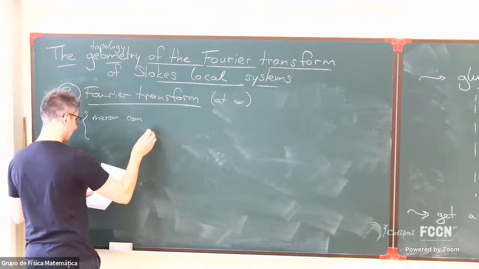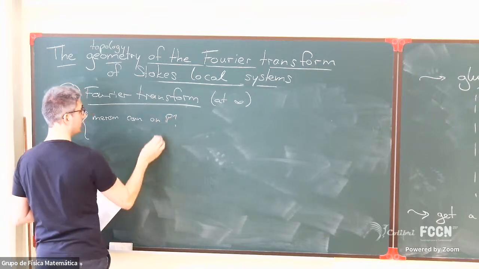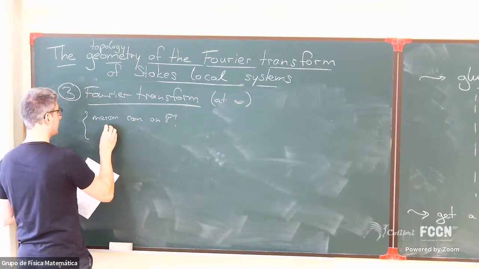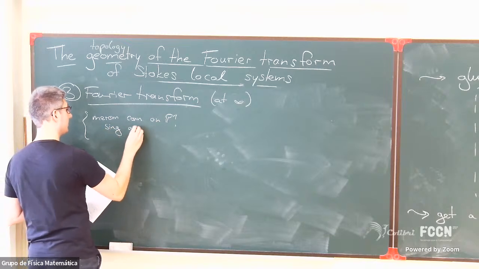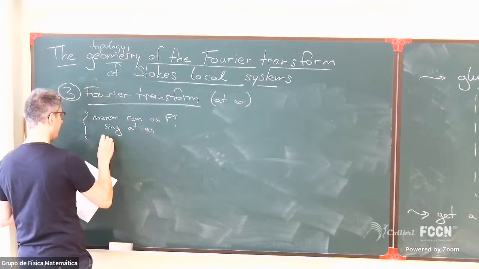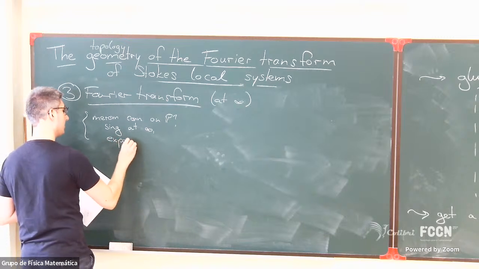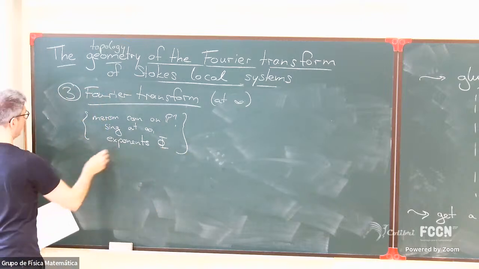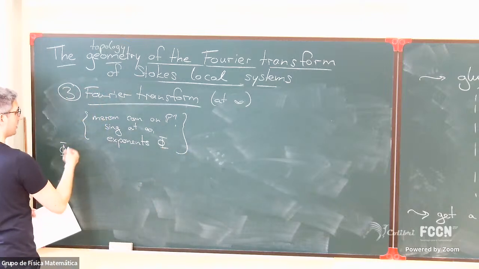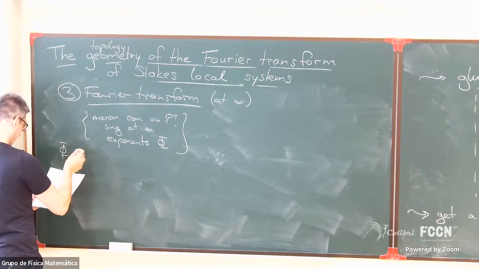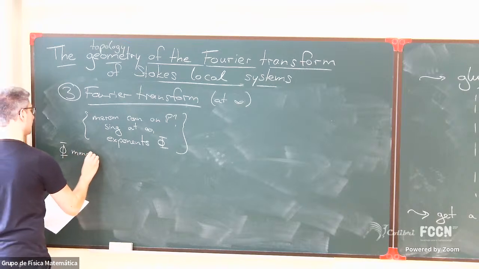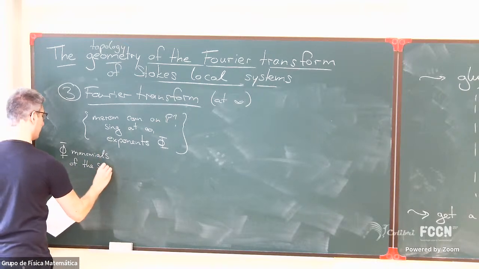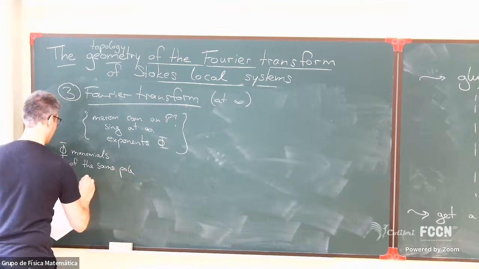So we say we have meromorphic connections on P1. P1 is the Riemann sphere, complex projective space. Singularity at infinity and exponents of some type phi, where phi again has the same assumption as before: monomials of the same whole order,